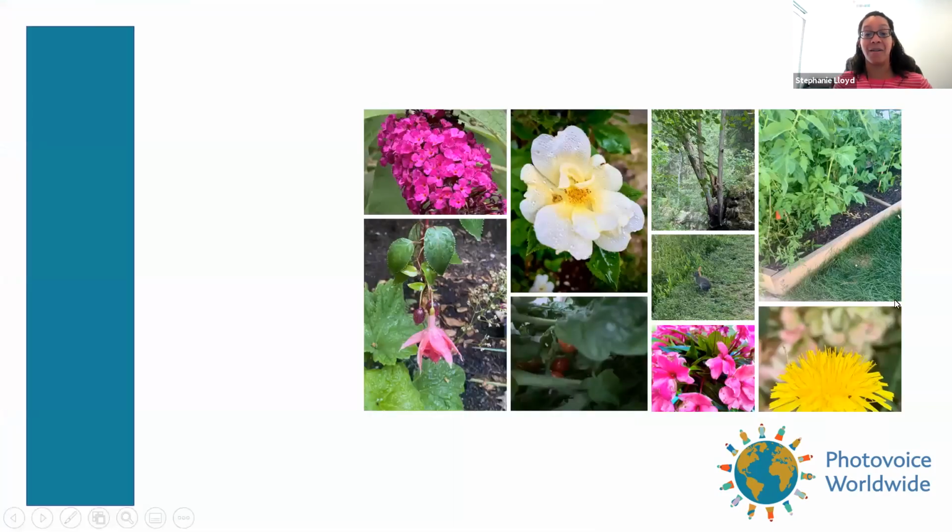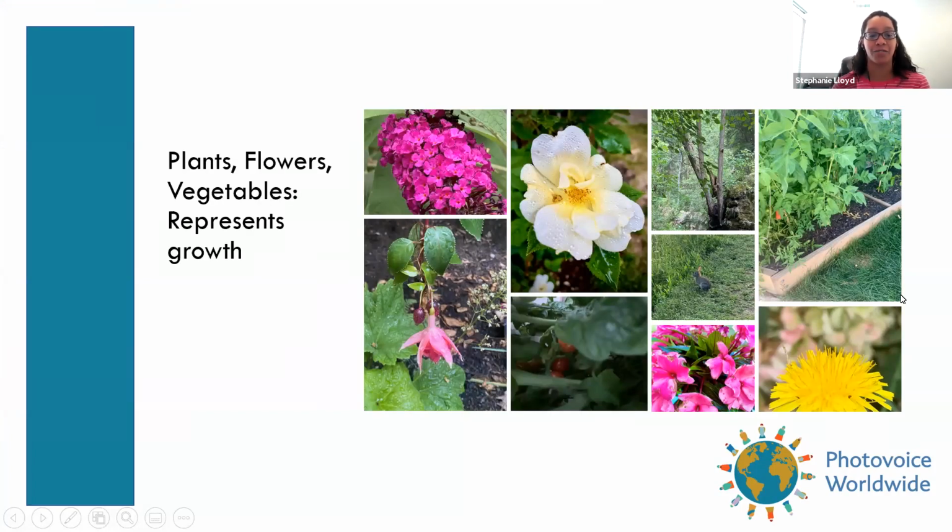And one last theme, and this is plants, flowers, vegetables, which represents growth. So they talked about planting gardens, planting flowers in the backyard, going on these nature walks. And you'll see some of the photos from our nature walks, from things we're doing more of because of COVID, also captured here. We talked about how categories and themes can have some overlapping photos, but there were a lot of flower photos that were